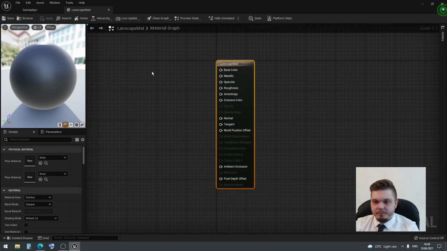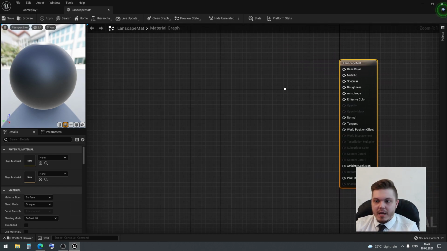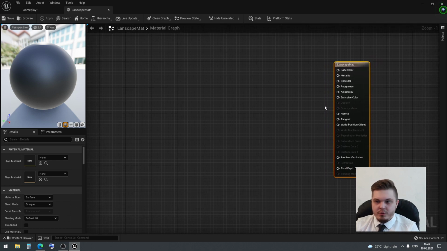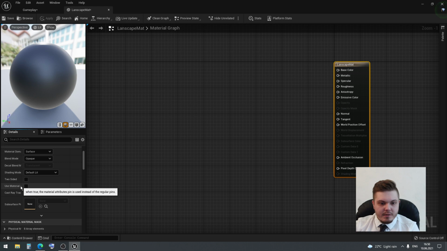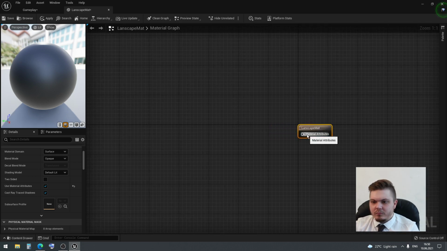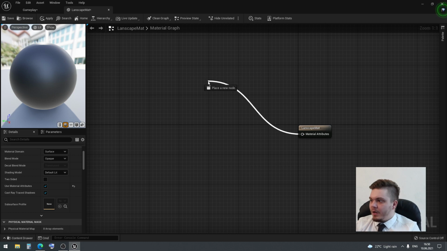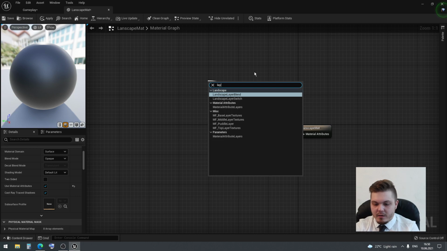Here we have this landscape material, and first what I want to do is go to the details panel in this material blueprint, and I want to define it like use material attributes like this, and then I can drag and drop this line, and here I want to find something like layer